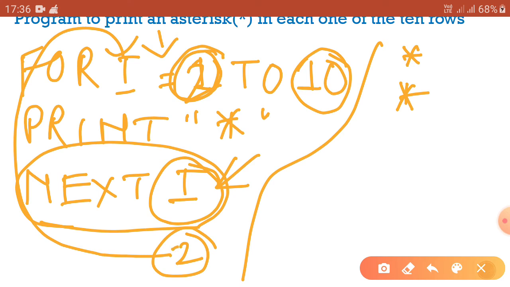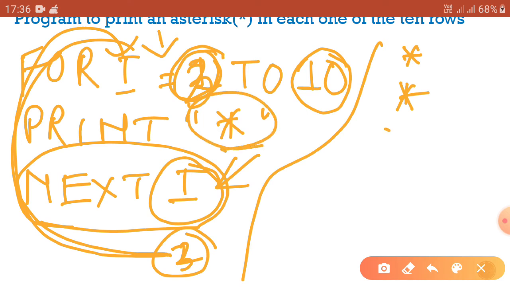So now the value of I will be 3 and this value will be passed to the first statement, where the value of I will be 3. So that means again for the third row an asterisk will be printed.